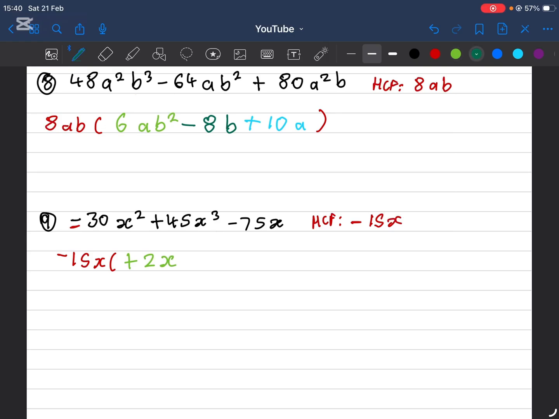45 divided by 15 now. So positive divided by negative is negative. 45 divided by 15 is 3. X cubed divided by x is x squared. Lastly, negative 75x divided by negative 15x. So negative divided by negative is a positive. 75 divided by 15 is 5, and x divided by x cancels, so this will be your final